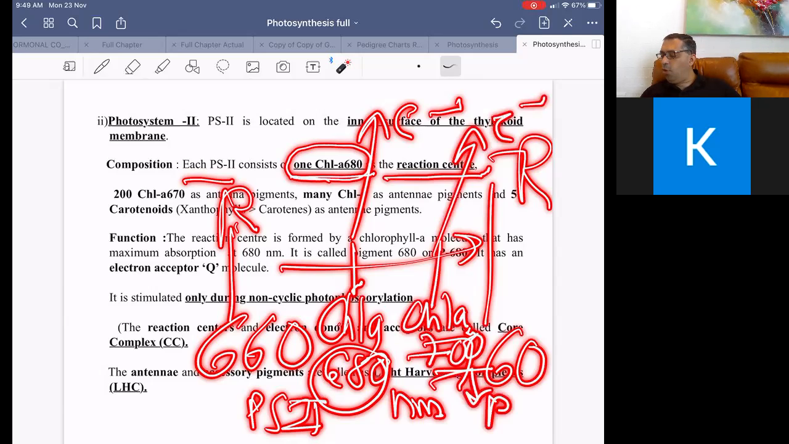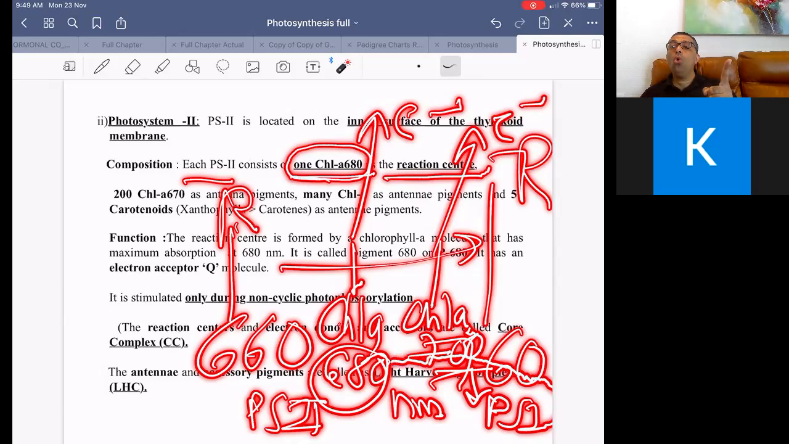तो दोनों फोटोसिस्टम में थोड़ा सा फर्क है। क्लोरोफिल ए दोनों का रिएक्शन सेंटर है, बट फोटोसिस्टम 1 का क्लोरोफिल ए कितने वेवलेंथ पे इलेक्ट्रॉन एमिट करता है? 700 नैनोमीटर इन रेड लाइट, और 700 के बाद एनर्जी टिल 760 गोज वेस्ट। 700 नैनोमीटर वेवलेंथ पे क्लोरोफिल ए 700 एमिट्स इलेक्ट्रॉन। कौन सा फोटोसिस्टम? फोटोसिस्टम 1।